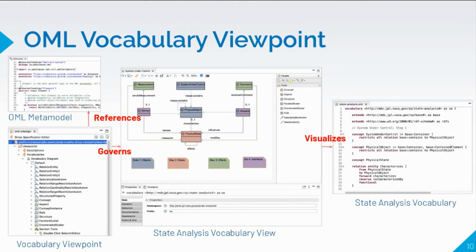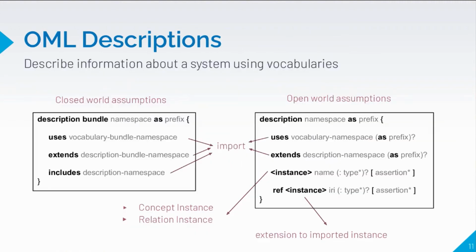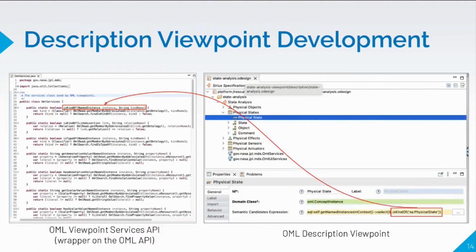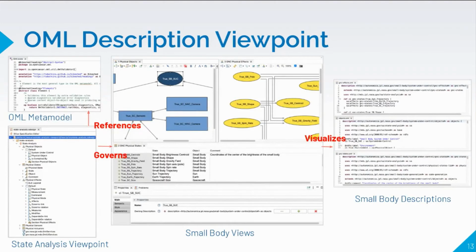And actually, in my example here, when the developer of this ontology thought about how to go about organizing the methodology, saying, first you define the physical objects, then you define the states, then you say how the states affect each other. And for each one of those, they want to develop a viewpoint, a Sirius-based viewpoint that allows them to describe the information in this step of the methodology. So the result would be another Sirius-based viewpoint specific for this methodology that you have defined with vocabulary.